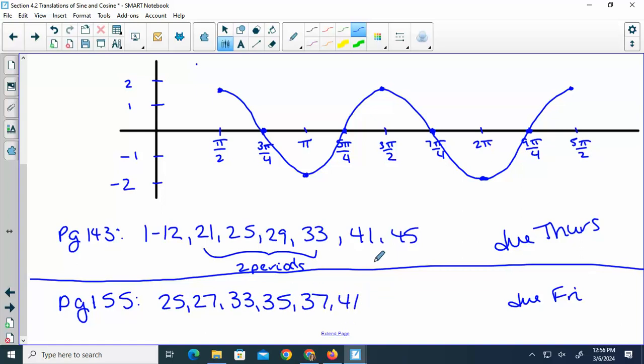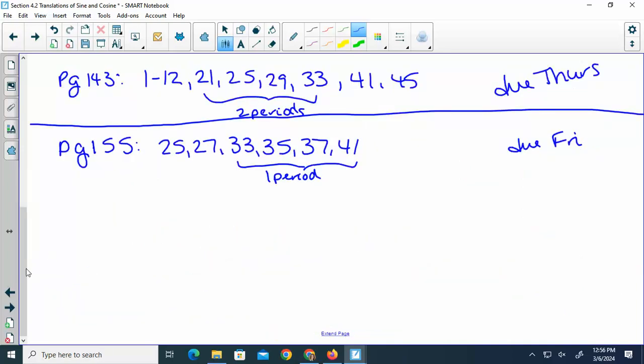the first questions. They are just asking amplitude, period, intervals, so you're only drawing graphs on some of them. I think the directions say 2 periods, but 1 period is okay. So if you want to do 2, you can, but if you feel confident that